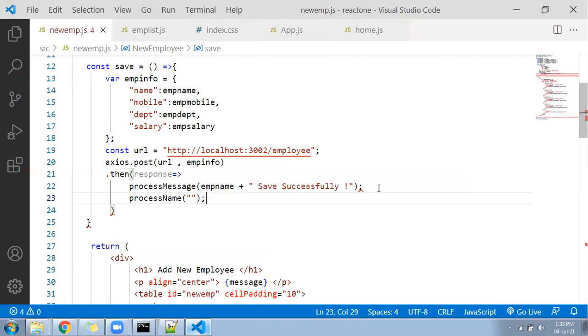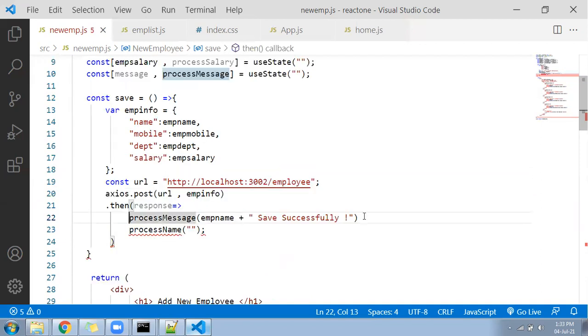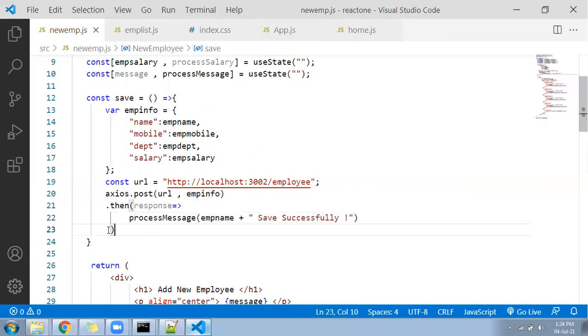In process name, what I did, I passed an empty value. Then response, okay. So what we did here, we call one function, process name, is fine, no problem. This happened in the wrong place, right? After that, this is my function axios dot then dot post.